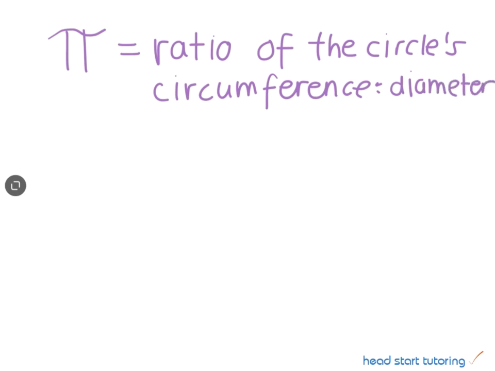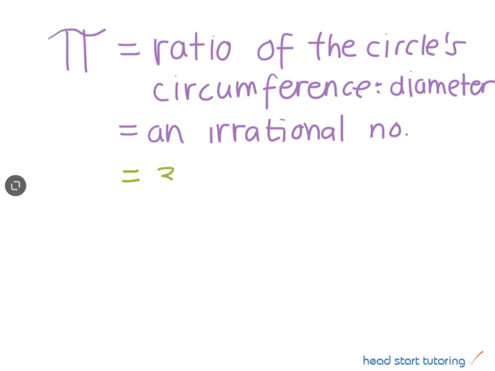Okay, and pi is an irrational number. Okay, and an irrational number means that it has an infinite number of decimal places. So if we have a look at pi, it starts off with